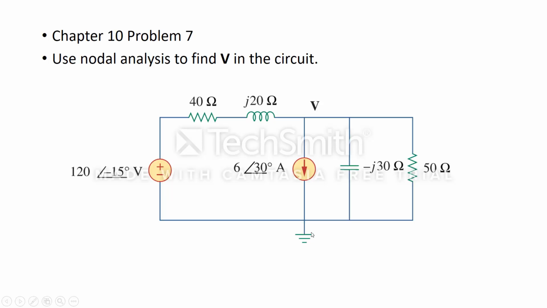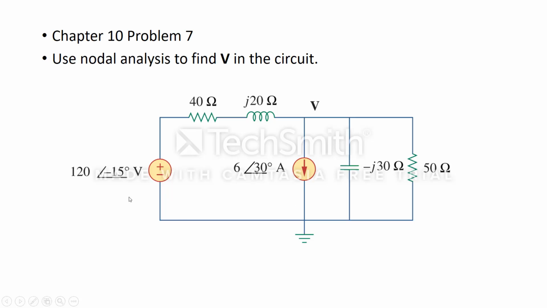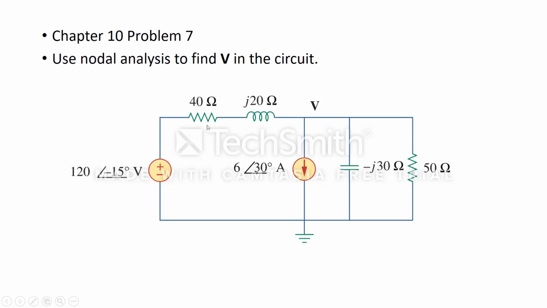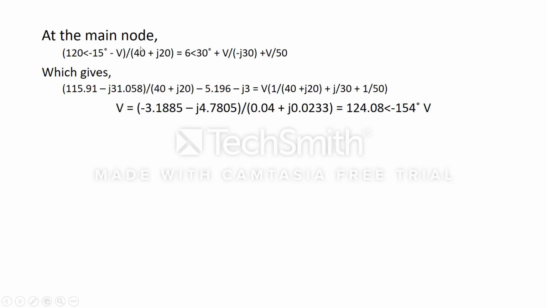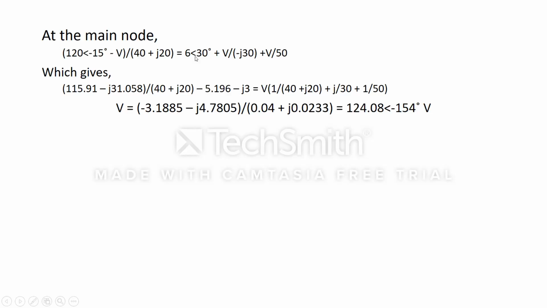Moving on to further solutions, by nodal analysis, assuming this branch, we get 20 angle minus V divided by the total resistance, that is 40 plus j into 20 ohms, equals the current flowing through this branch, that is 6 at a phase angle of 30 degrees, plus